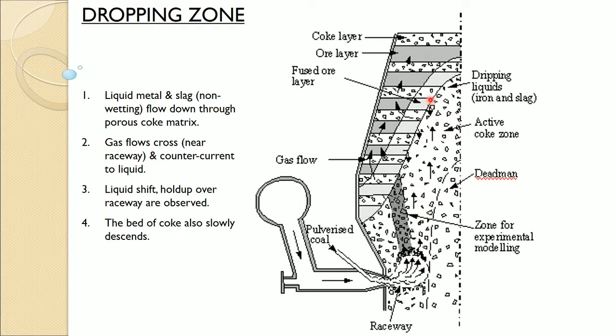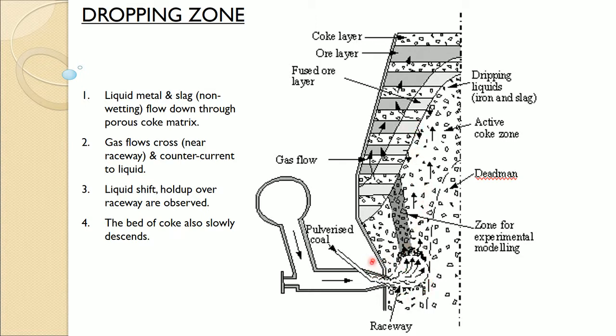So, slag and liquid iron are flowing down, reducing gases are going up, and due to the combustion the coke is getting consumed, and the coke descends down to replenish the consumed coke here. So, solid is moving down, liquid is moving down, slag is moving down, gases are going up, and